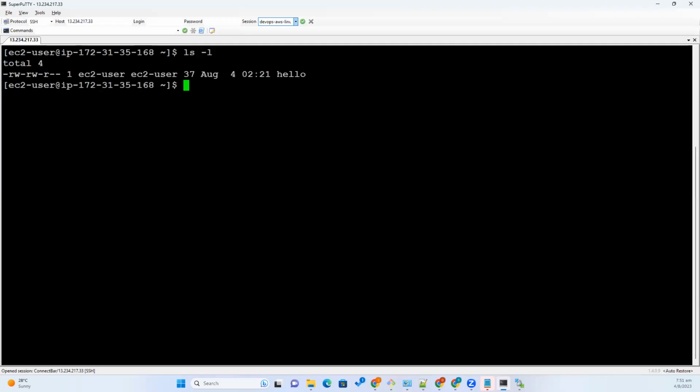So you always don't remember the location. For example, maybe you can create, let's go to the temp directory. So you can create a link. Link is nothing but ln -s, which means soft link. And then what is the source file? /home/ec2-user/hello. And I want to give some name like hello-soft. Okay, so the syntax is